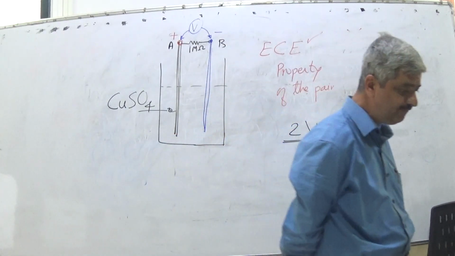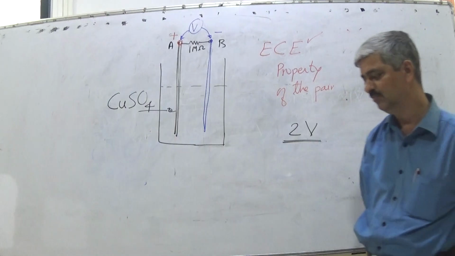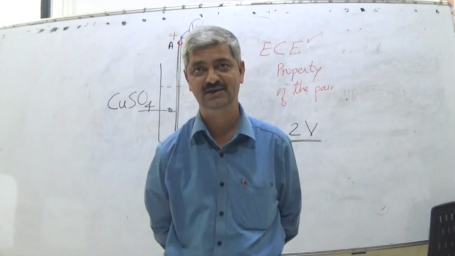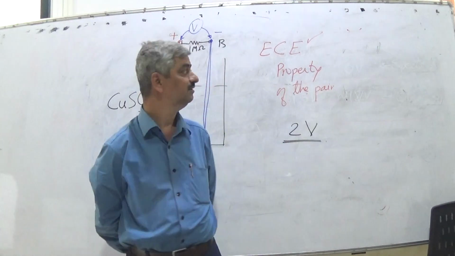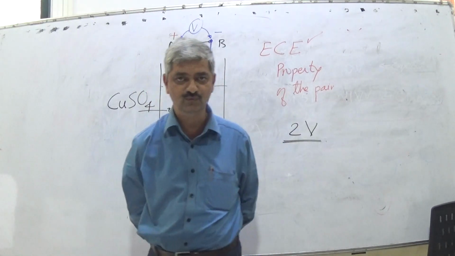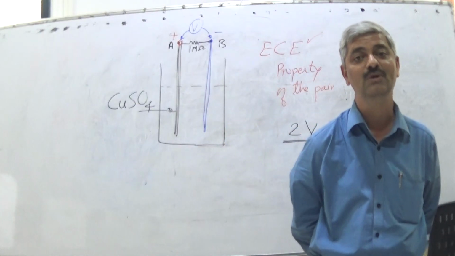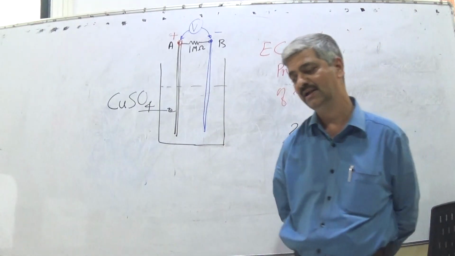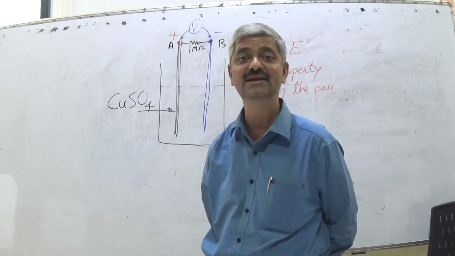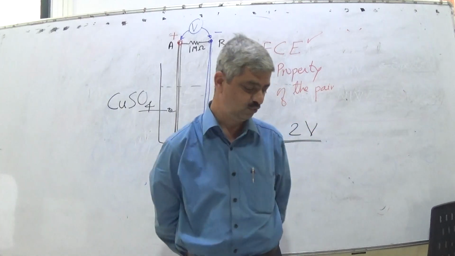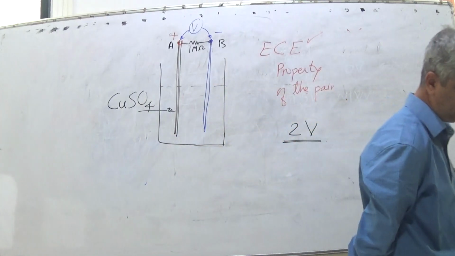Okay. Now if I reduce the resistance from 1 mega to 1 kilo, then I will require 2 milliamperes of current. If I make it 1 ohm, I will require 2 amperes of current. If I make it 0.1 ohm, 20 amperes of current. From where will the current come? So you must have studied electrochemistry.